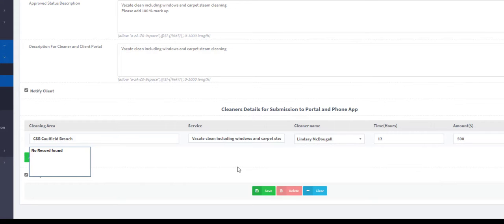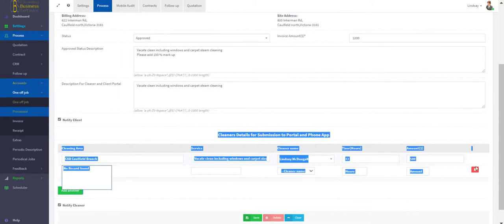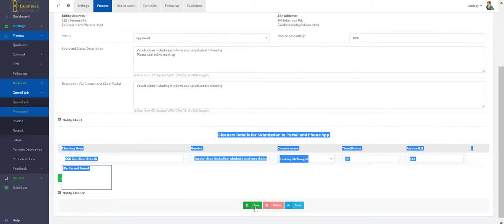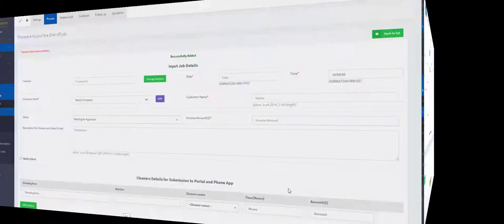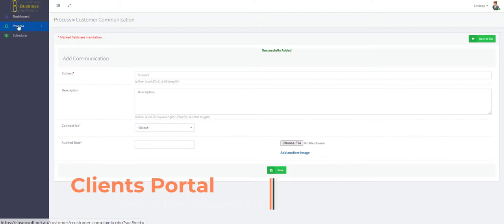If there are multiple cleaners doing the work, you can just simply select Add Other, select the cleaner, select the work, select if it's, for instance, someone just doing the steam cleaning, you can select another cleaner for that particular work. As soon as you press save, then that information will go, because we've selected Notify Cleaner and Notify Client, directly into the cleaner's phone app and portal, and your client will then again have a record of that one-off job in their